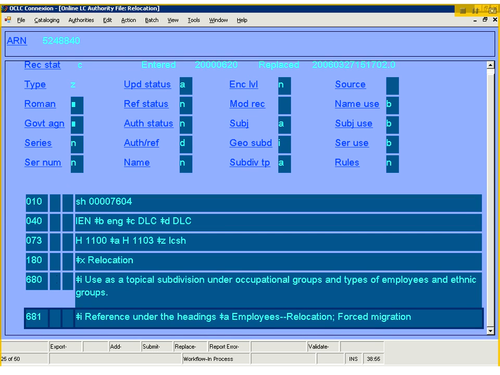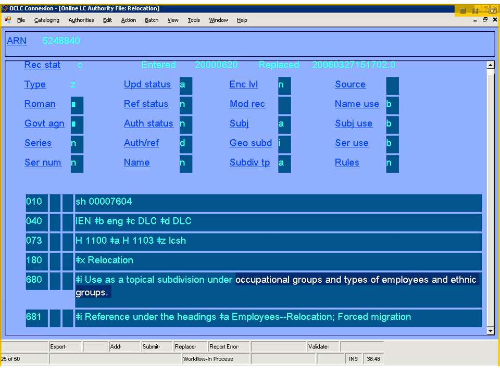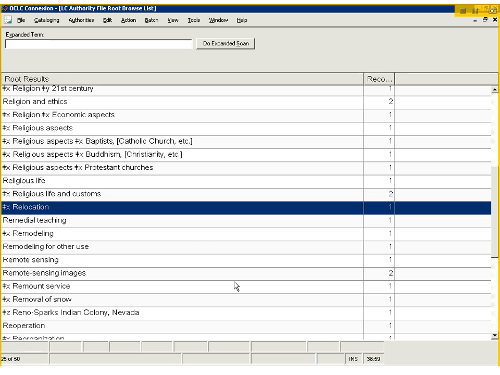Relocation is under 180, but this has a note: use a topical subdivision under occupational groups and types of employees and ethnic groups. And the name of the U.S. military base, the particular one in Futenma, is none of these. It's not an occupational group, not a type of employee, and not an ethnic group. So suffix X relocation cannot be appended to the name of the particular U.S. military base in Futenma. So we have to